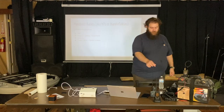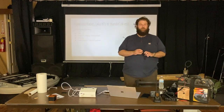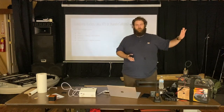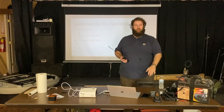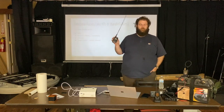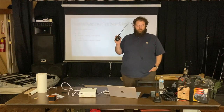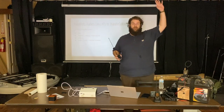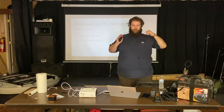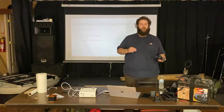Some common applications for these little guys, obviously, all the stuff we talked about, those 4 categories we talked about at the beginning. It can be used for all of them, but it's not great to have one of these as your base station because of the limited power. You're not going to be able to reach as far out and benefit from that high antenna if you don't have power to get the signal out from that antenna. Plus, you're going to lose power over the line. So,